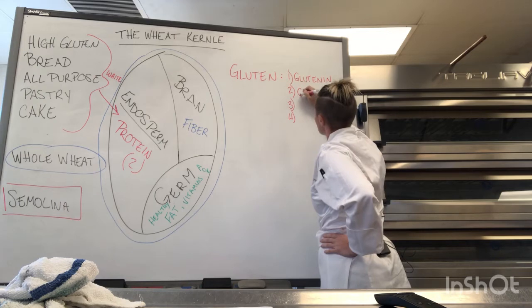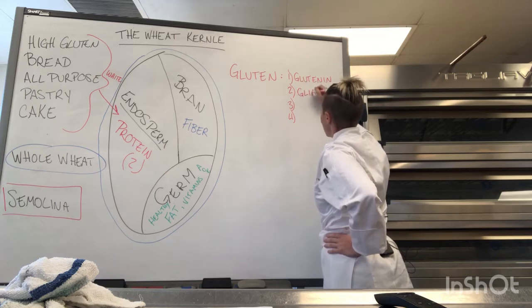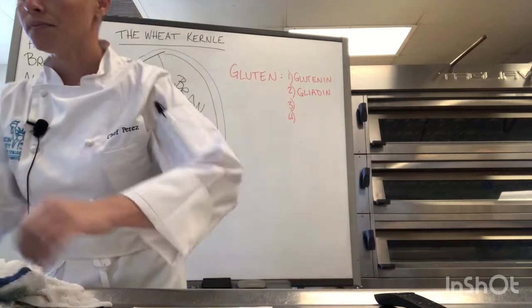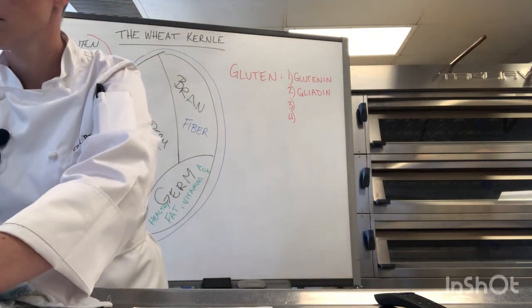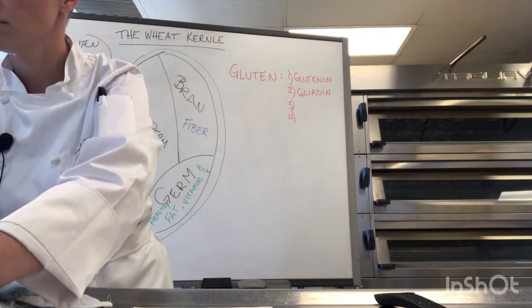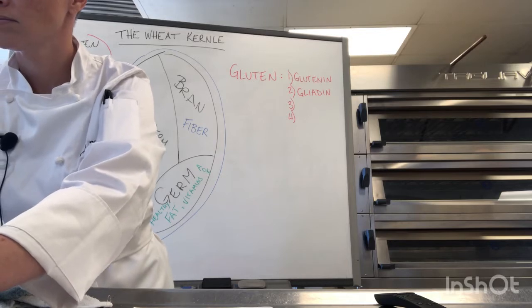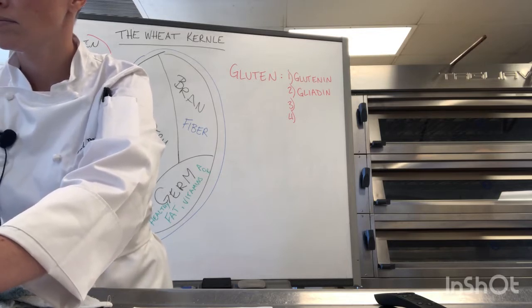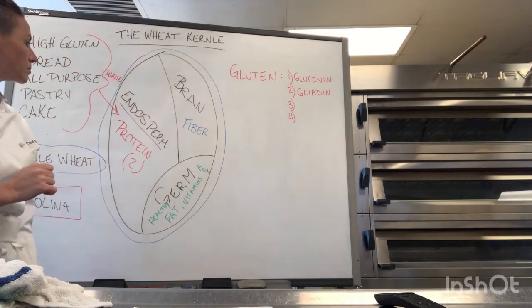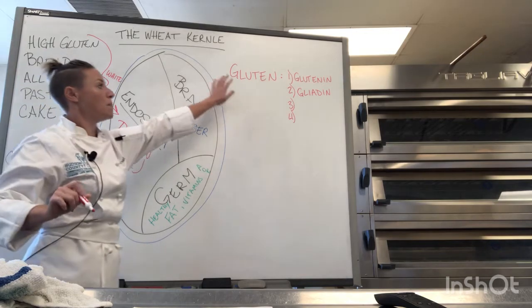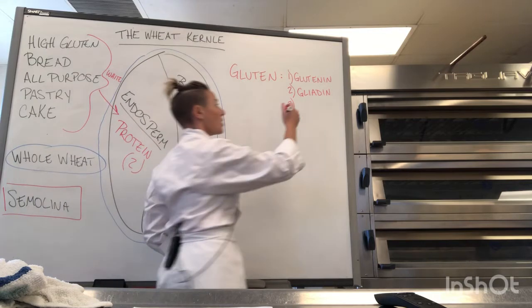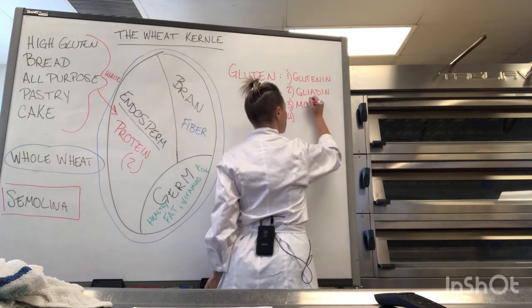Glutenin. The second protein is gliadin. Okay, so to make gluten, you need your 2 proteins from the endosperm plus moisture